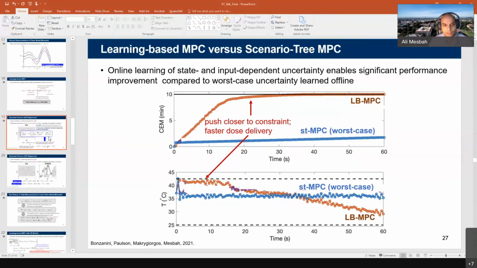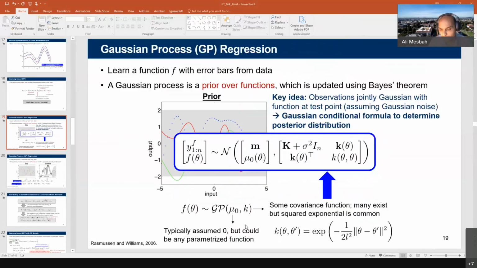For example, in this GP Gaussian process regression model that I introduced here, we do have this scalability challenge, right? Because this scales cubic with the number of data. In order to compute the covariance matrix, you would have to invert the matrix and compute the determinant. So I would say it depends on the application and what method you use.